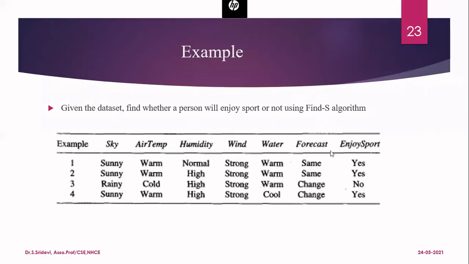So in this, this is the data set given to us. The data set is going to have two different things. One is called features and the other one is called the target class. First of all, only the data set will be given to you. You have to separate the features and target class. We will see how to separate the features in this class.